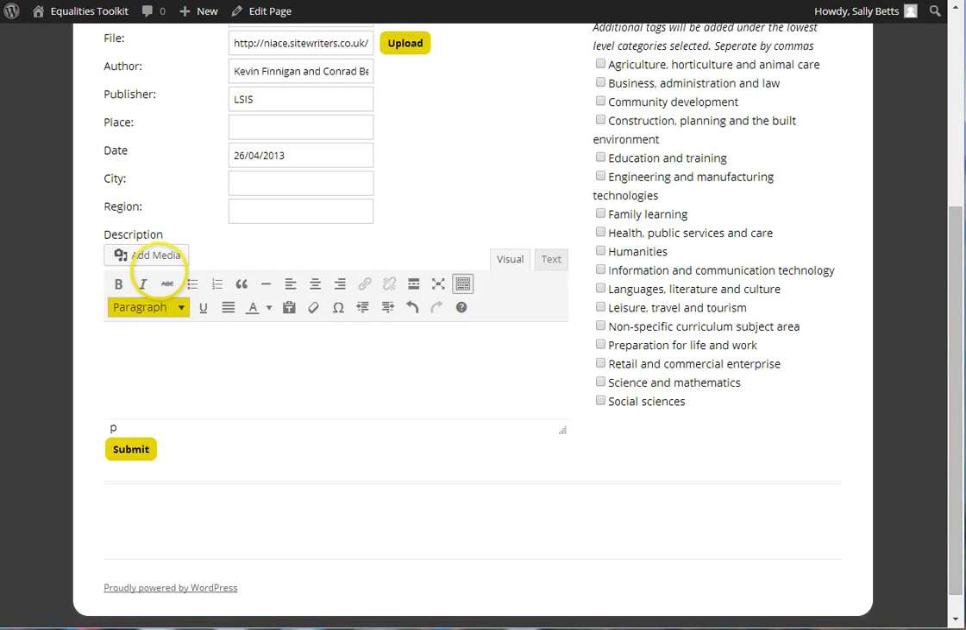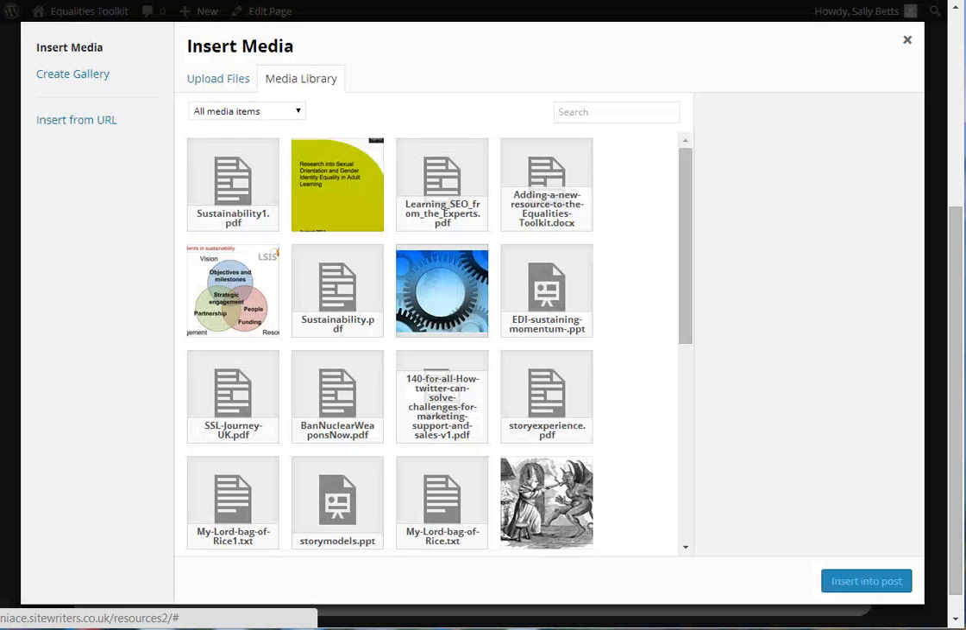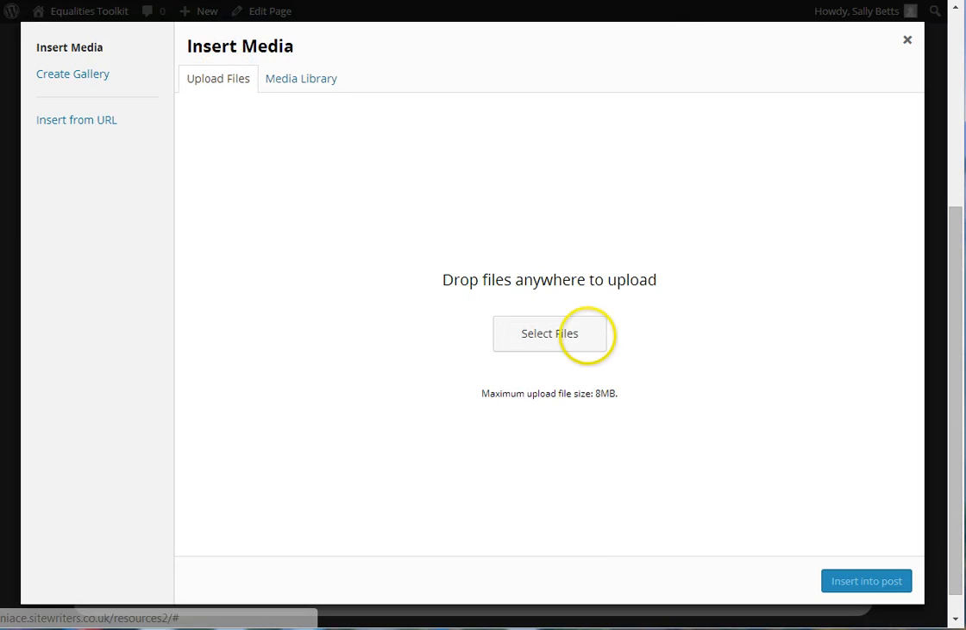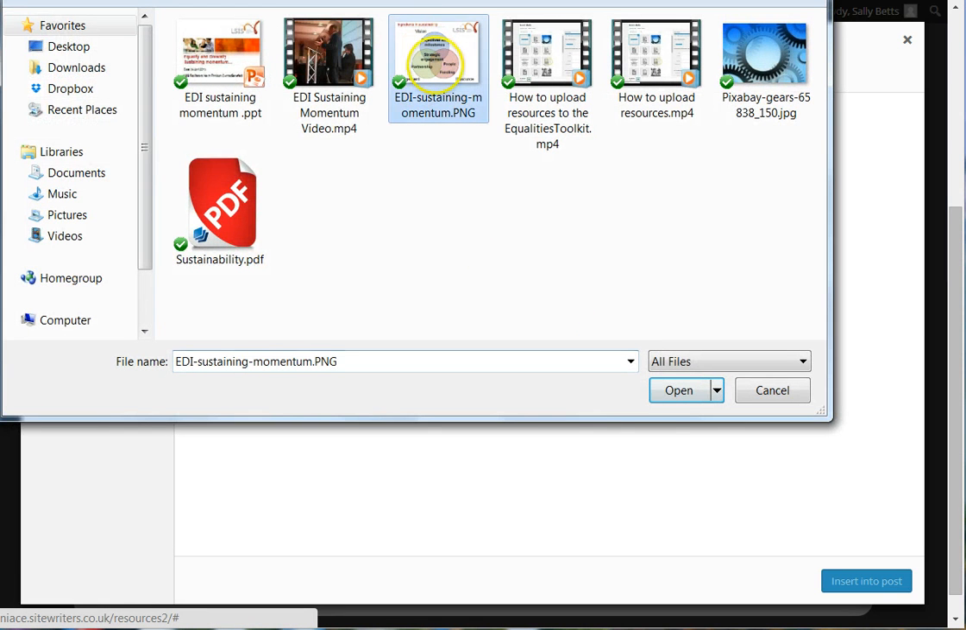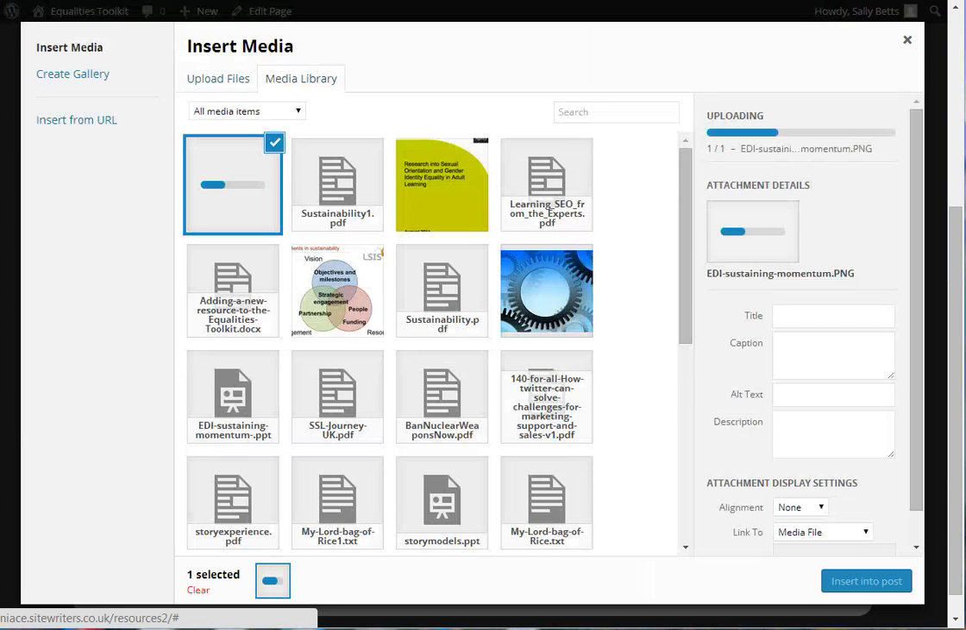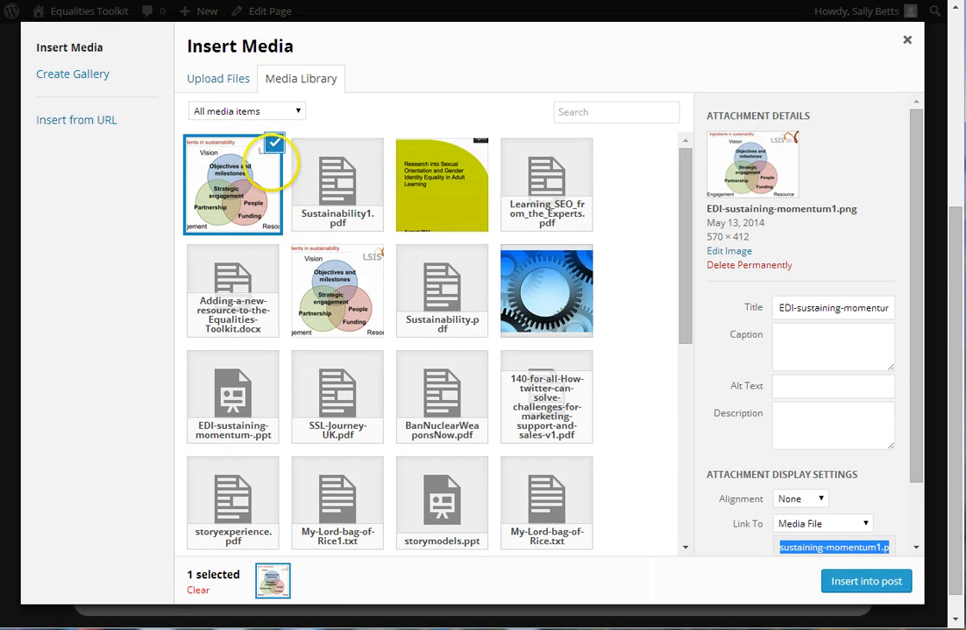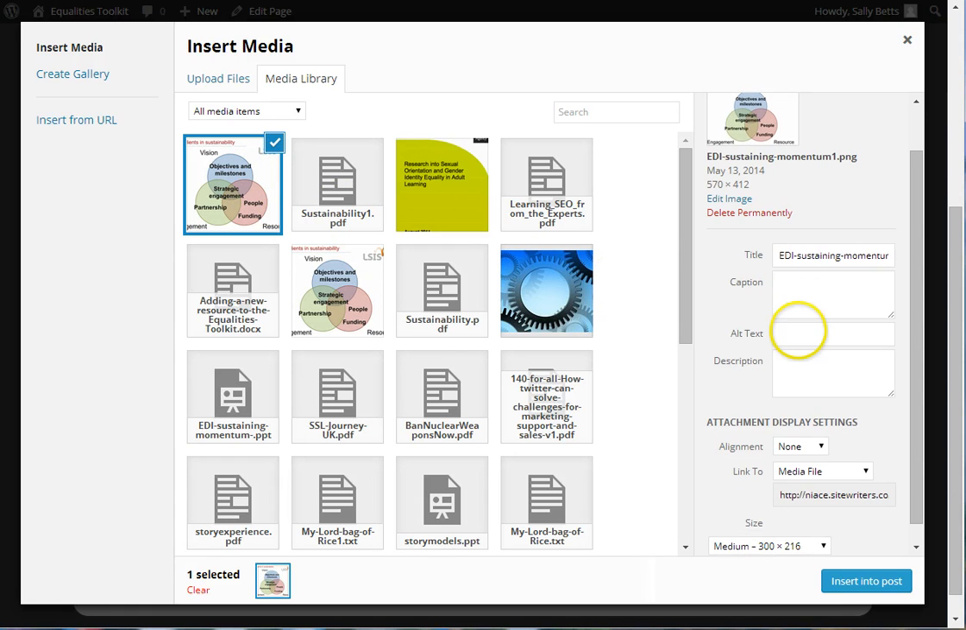And you may also add an image to sit alongside that description to represent your resource. And to do that, we select Add Media, then Upload Files, and again, upload the image that you want to upload from your computer. And again, you'll see it upload. Because it's an image, we need to add some alt text for anybody using a screen reader. So on the right hand side, click in the box that says alt text and add a description about that image. In this case, it's a Venn diagram